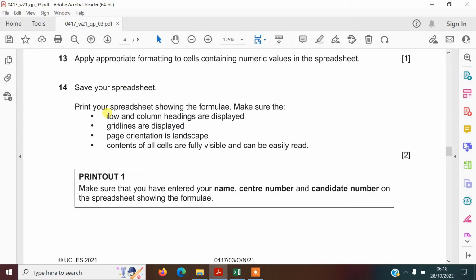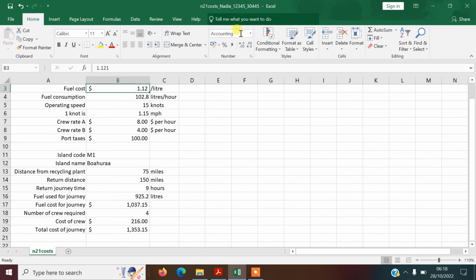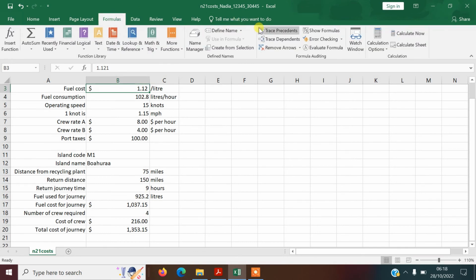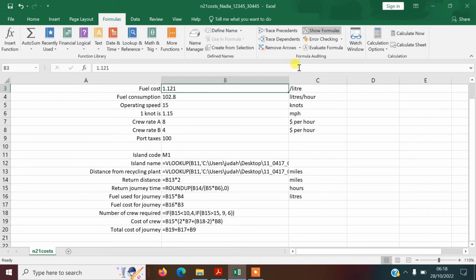And then it says we need to print our spreadsheet showing the formulae. Make sure the row and column headings are displayed, grid lines are displayed, the page orientation is in landscape, and the cells are fully visible and can easily be read. Really, really important that your formulae are all fully visible. I've marked many papers where students submit their work and the formulas are not fully visible. So if we look here,